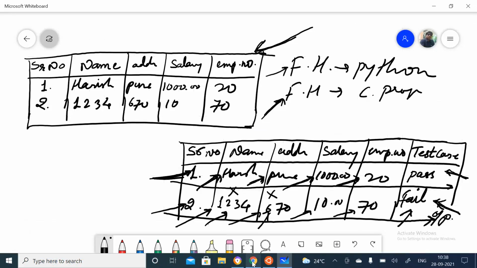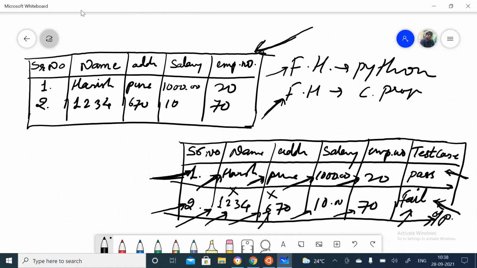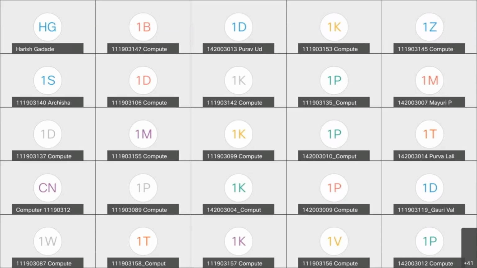Anything? Sir, for the output, do we have to print it like what you have shown on the screen, in table format, having a test case column as